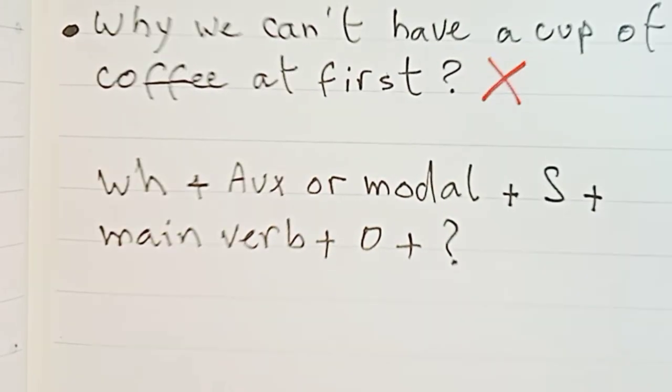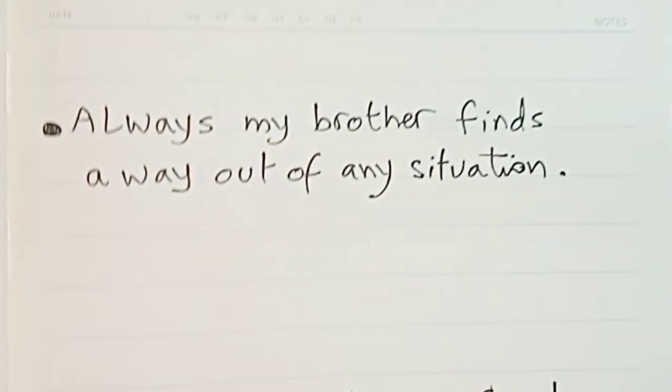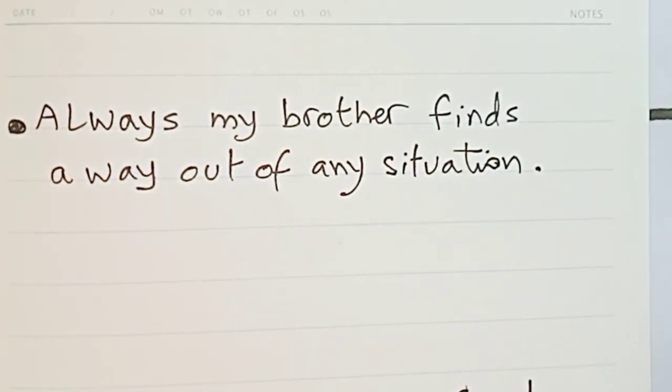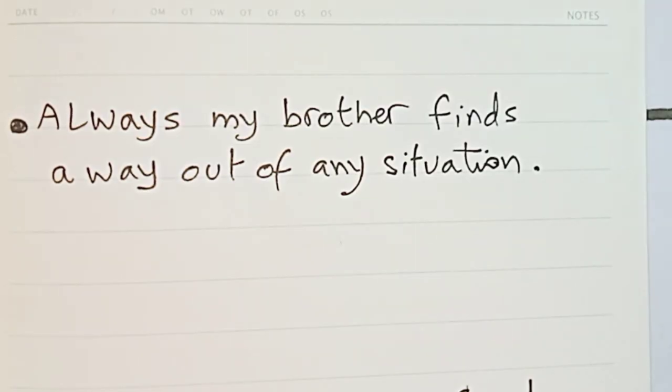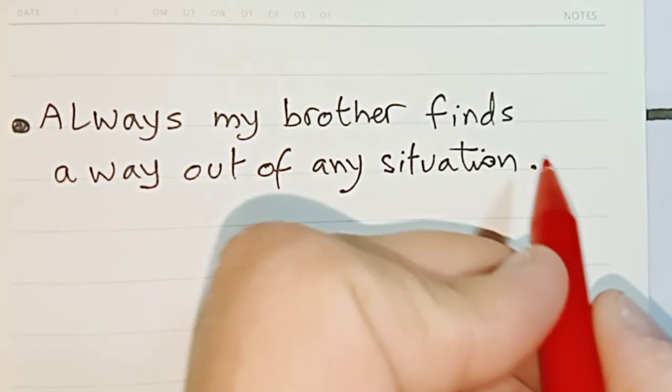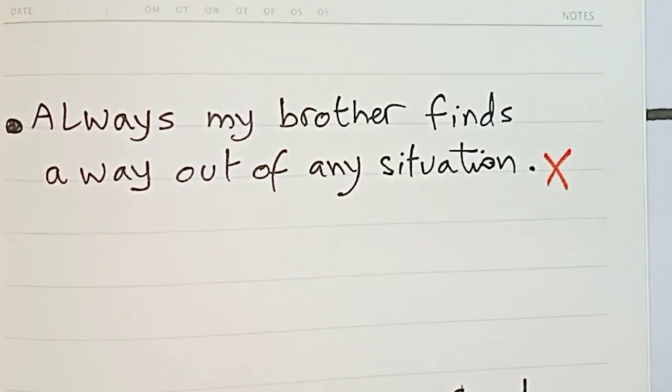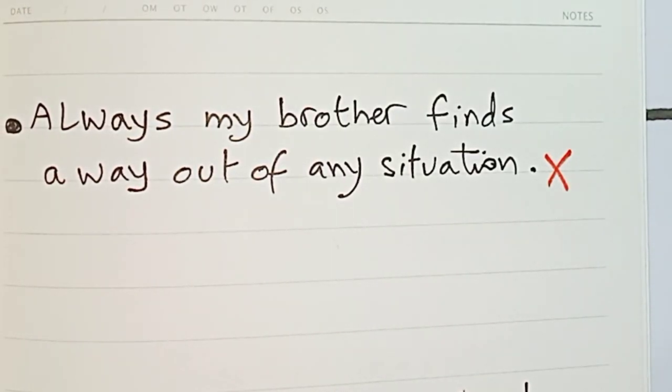Let's move to the next one. Again, I have another one for you. Always my brother finds a way out of any situation. Is this correct? No, it's not correct. Why? Because the structure says